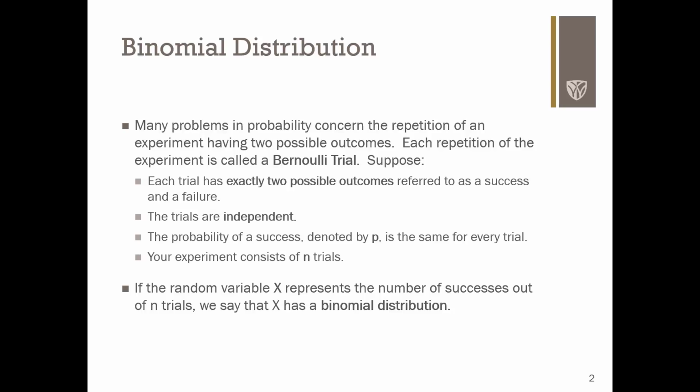But if I'm looking at all of the credit card transactions that happen at Target on a given day, those could be considered independent because one individual's approval or denial of their credit card is really not related in any way to the next individual's. So we have these trials. The trials are independent. We execute the trial n times. We define one outcome as a success, and a success may or may not be what we would consider in sort of natural terms to be a success. A success is simply the outcome of interest.